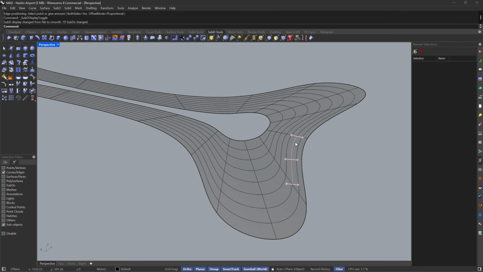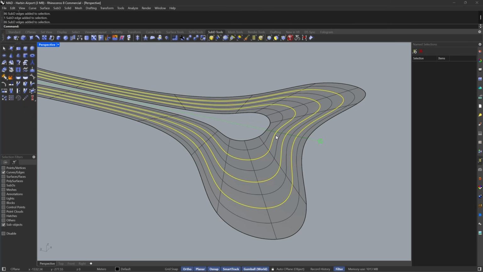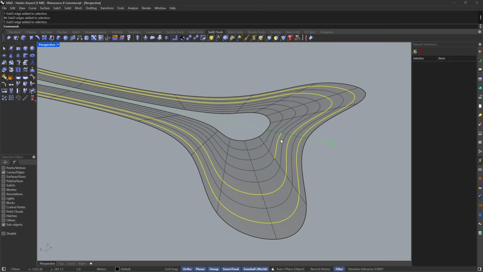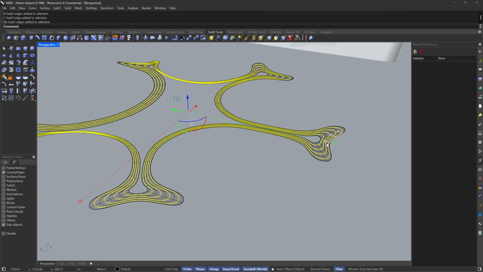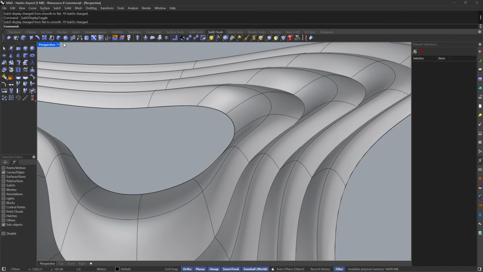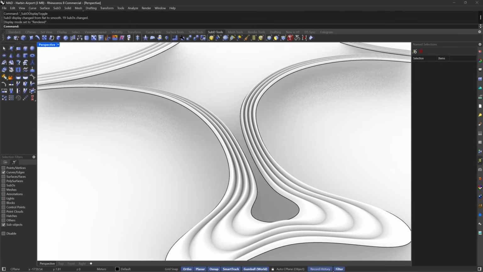So right now, if I skipped the first one and then go straight to this one, and then skip this one and go straight to this one and this one. So right now I'm selecting all of these and crease, and then I'm going to select this one and this one and this one, like the other ones, not this one, yes, the other ones, and just lift them a little bit. I will end up creating this kind of effect, which is really interesting and really similar to the